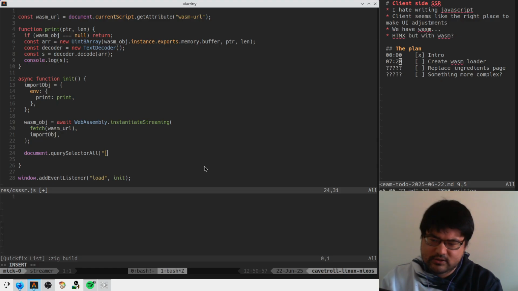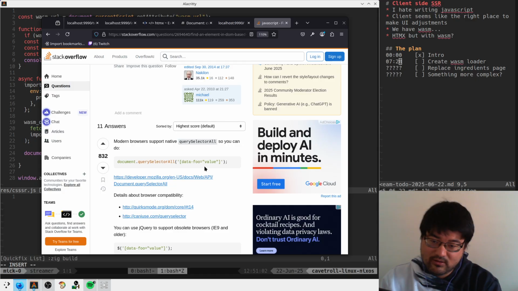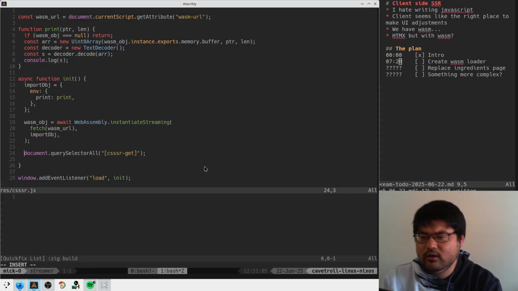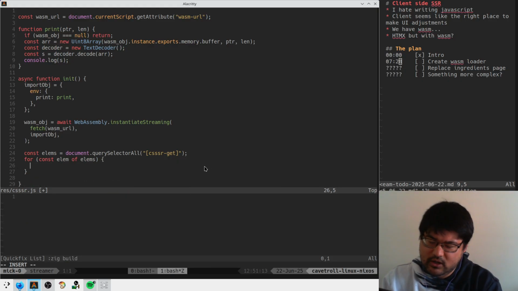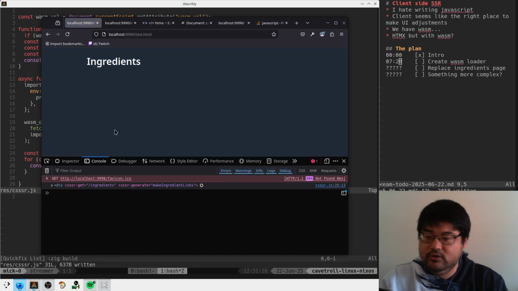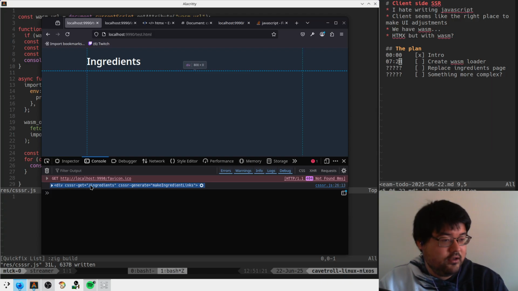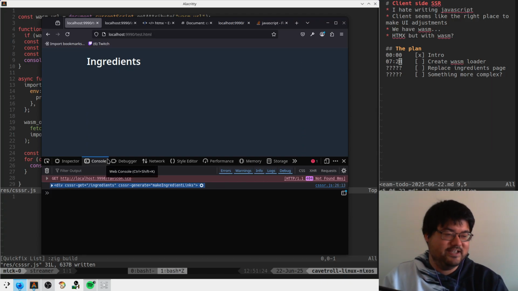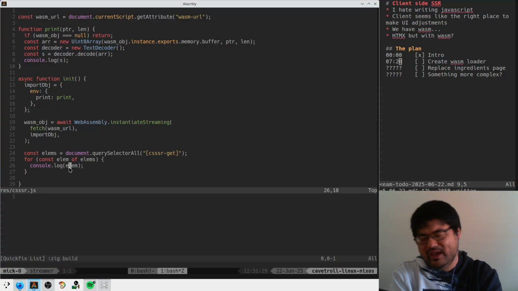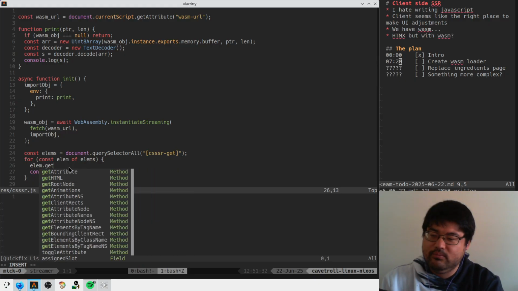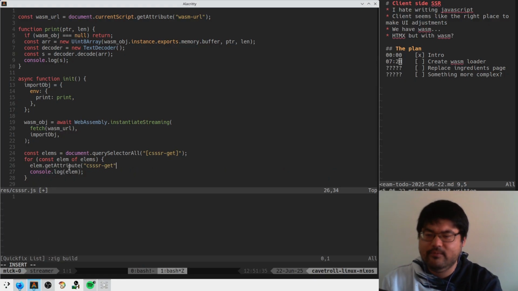So we can say client side server side render get. Maybe? And then can we go for const elem of elems, console log elem. Okay, so fingers crossed. That's really good. So we did find this thing, WASM CSSSR. What a beautiful acronym. Okay, so we have this guy, and we should be able to do elem get attribute CSSSR get,